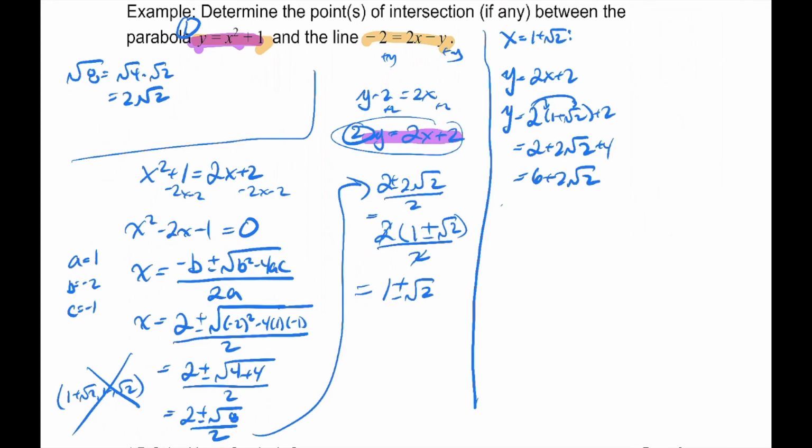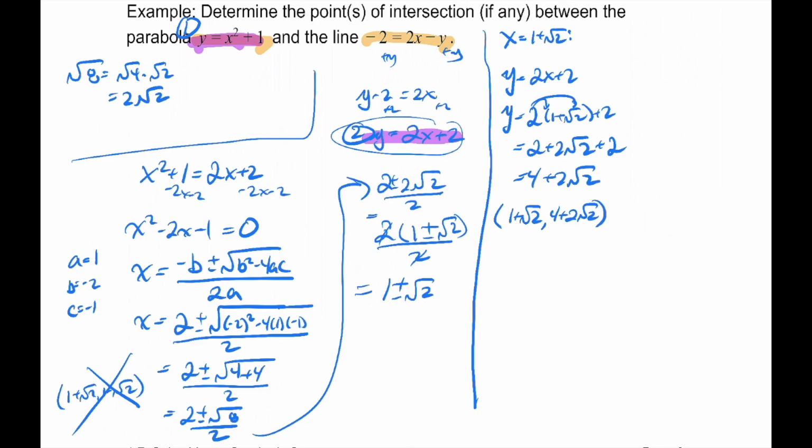So one point is 1 plus √2, because that's my x value, and that will give me a y value of, oh, I made a mistake. Just noticed that because something was looking weird. I'm not sure how that became a 4. I think I was doing some arithmetic in my head in the future, or a future operation, and that 4 stuck in my head. So here this is going to be 4 plus 2√2. So that's my y value, 4 plus 2√2. So that is 1 coordinate,